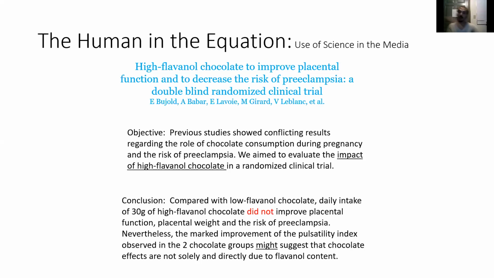We can go to the objective. Usually at the very beginning of a research paper, there will be some kind of overview or objective or synopsis that is hopefully in one or two paragraphs, just giving you an overview of this is the question that we had, this is the research that we set up, this is the experiment that we set up, and this is the conclusion that we came to. So from this objective, they're saying previous studies showed conflicting results regarding the role of chocolate consumption during pregnancy and